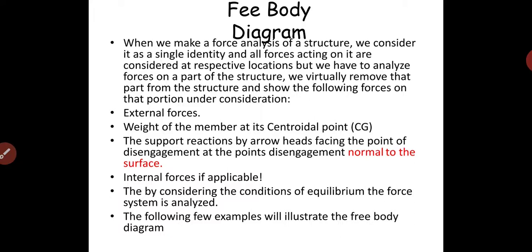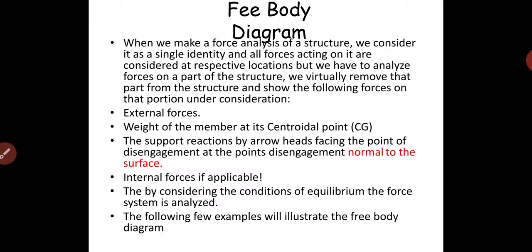Then we virtually, meaning imaginarily, remove that part from the body, and at the point of joint we give a reaction that is normal to the surface there, and thus the structure so removed from the main structure